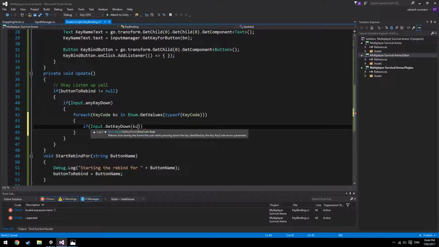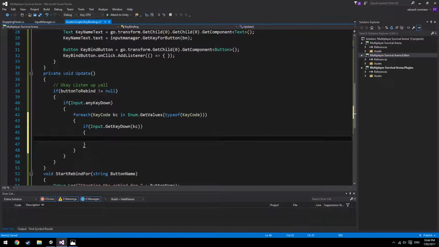So it's going through all the keys. So we're pressing down a button, and then it's going to go through all the key codes. And if you're pressing down the key code that it's currently on, then it's going to say yes, we're on the key code we want to go through now. So if it's true, so if we are pressing the key code that we're on now,